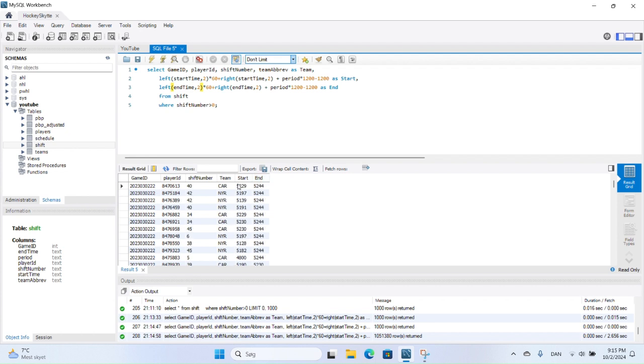You can sort it the other way, and you can see some games ended very late. Obviously, this is a playoff game with multiple extra periods. Yeah, so it works, and this was all that I wanted to do at first. So now we have a table with the game ID, the play ID, the shift number, the team, and the start time and the end time. Okay, so this is our first step